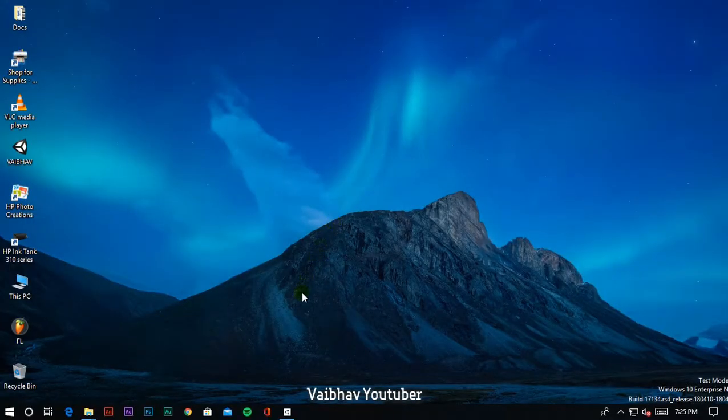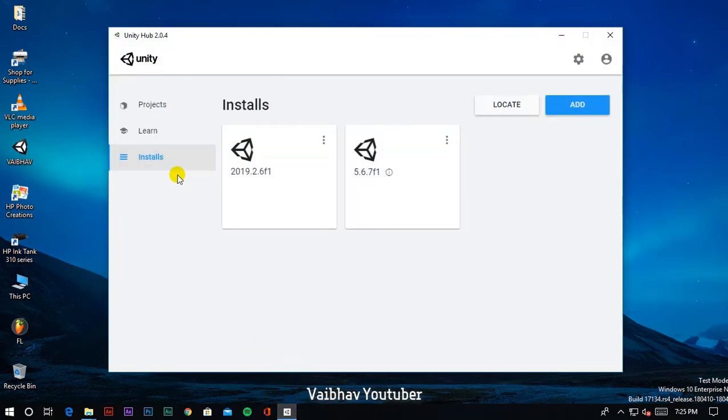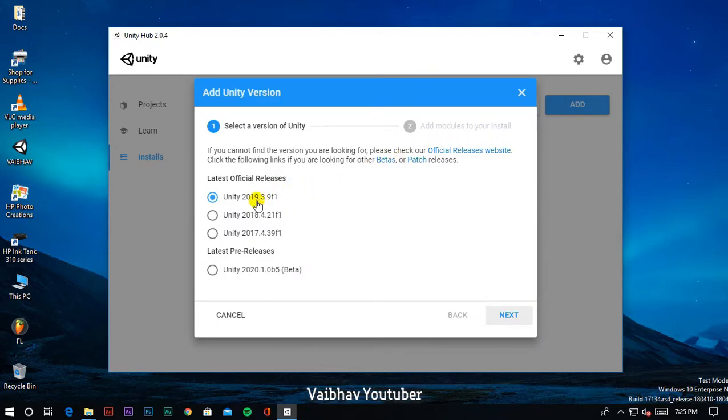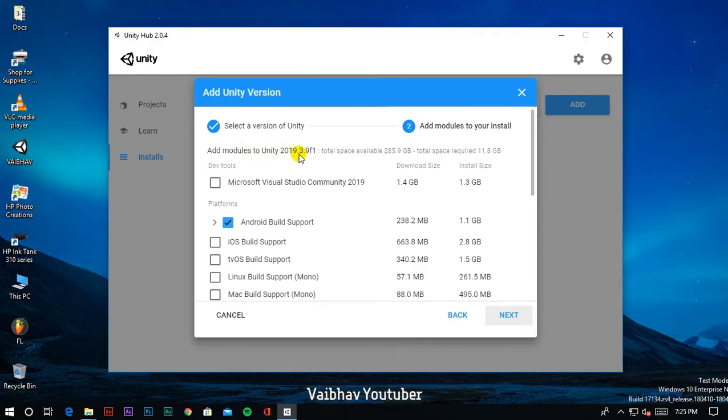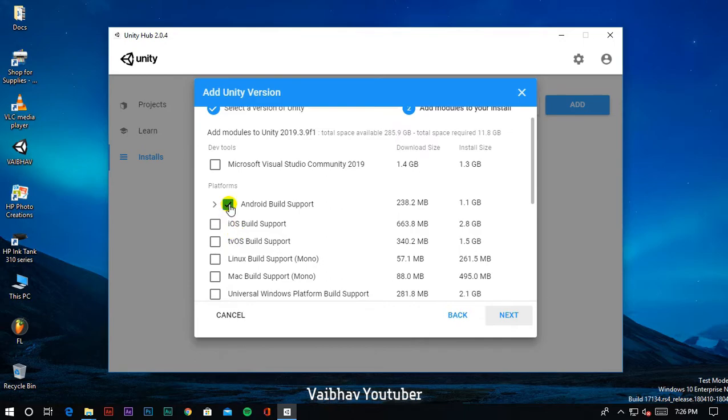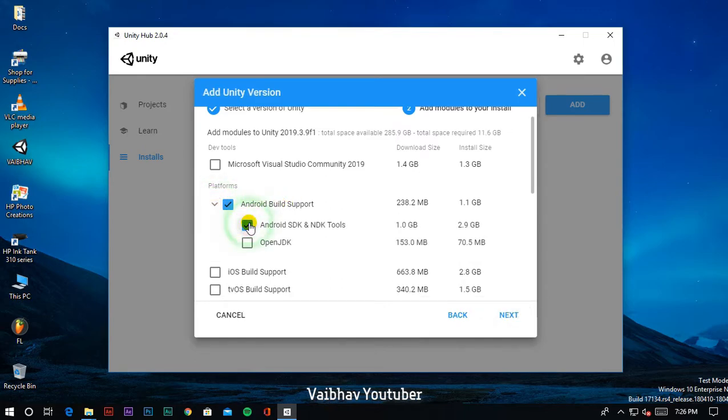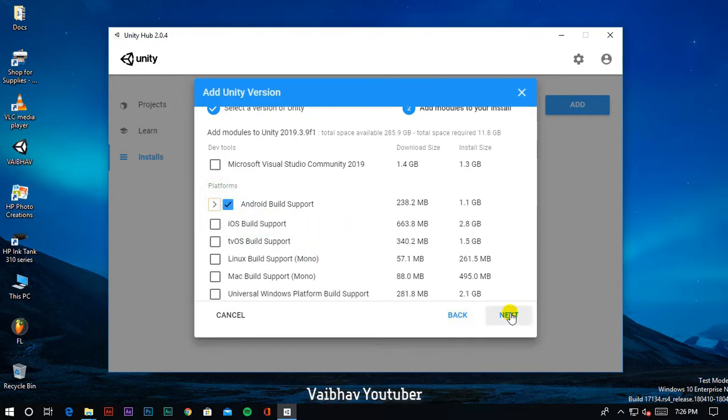So firstly, open the Unity Hub, go under installs and click on add and select any of the versions you want to work with and go next and add modules to Unity 2019.3.9. So you have to add Android build support and Android SDK and NDK tools and OpenJDK, then go next